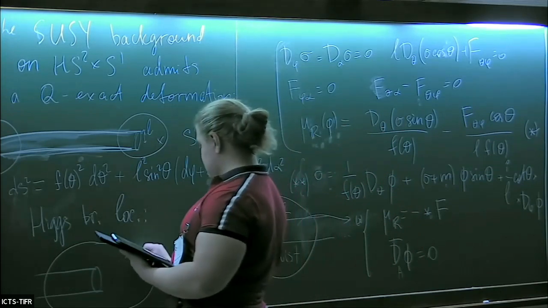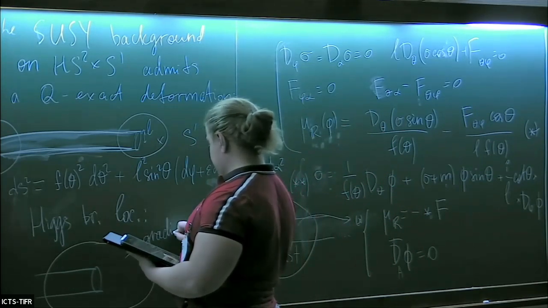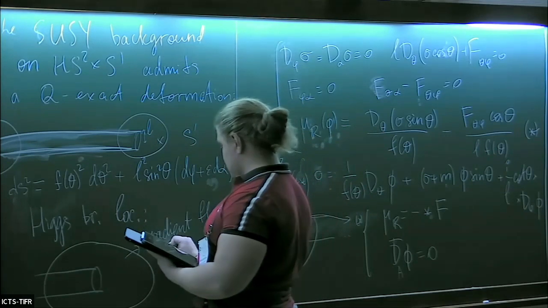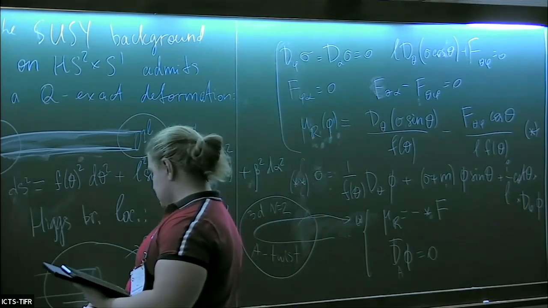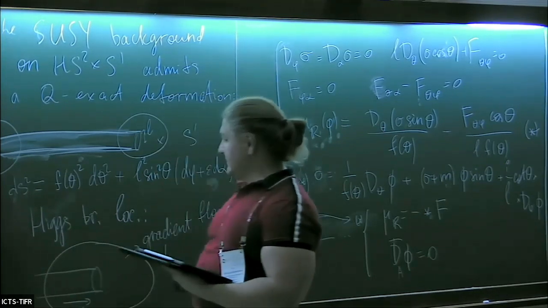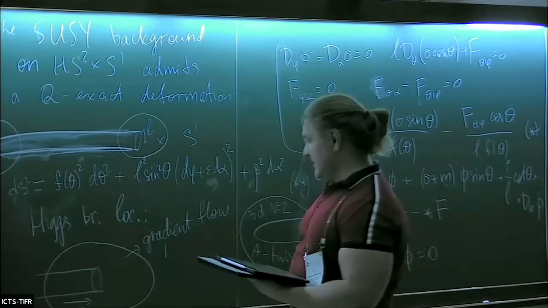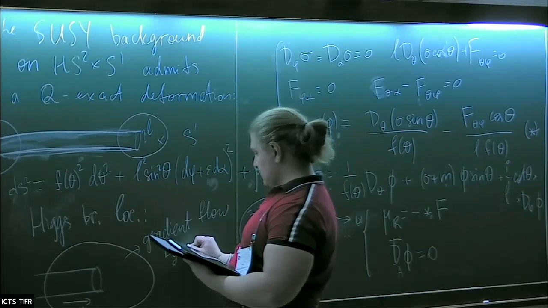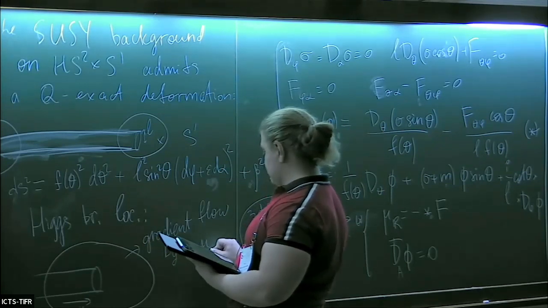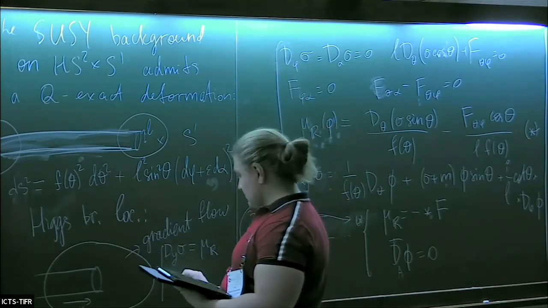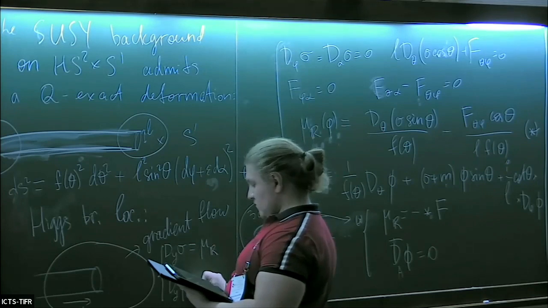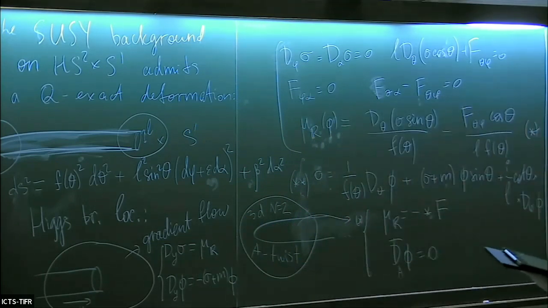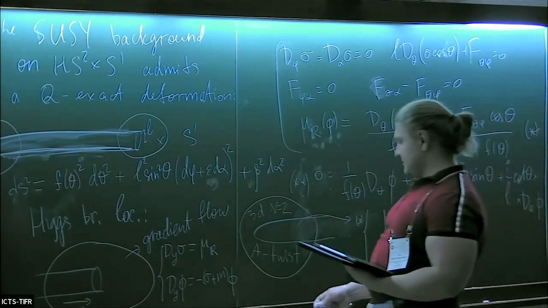So here I get gradient flow equations, namely, if I denote this direction now as y, which is slightly rescaled theta, actually, then the equations here become like this. So they're actually gradient flow equations for the Morse function